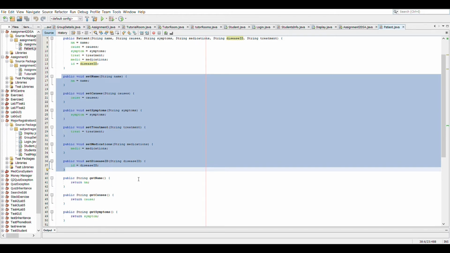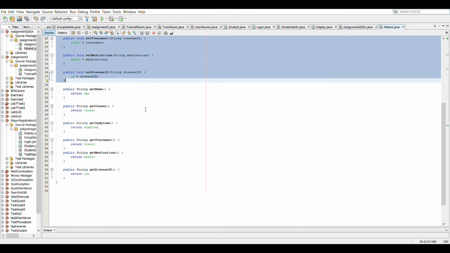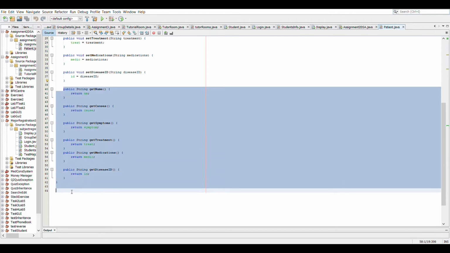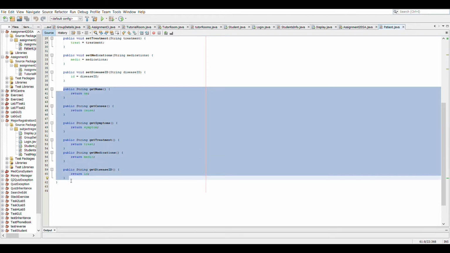The 6 getters are there to get whatever data is written from the variables defined in the 6 setters, which are get name, get causes, get symptoms, get treatments, get medications, and get disease ID. All the getter methods have a string return type.